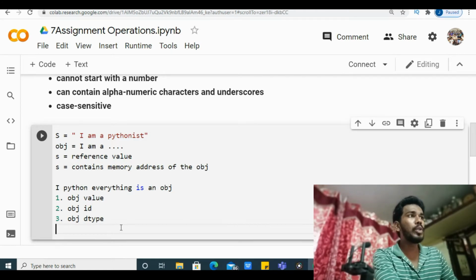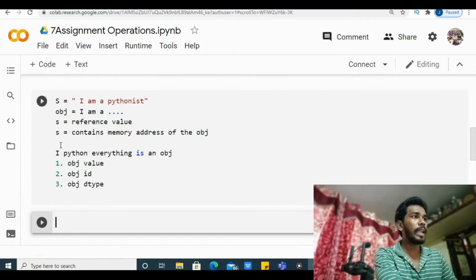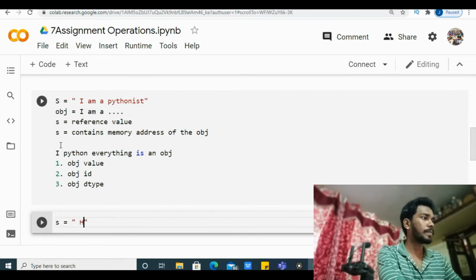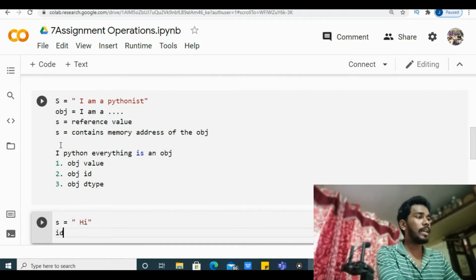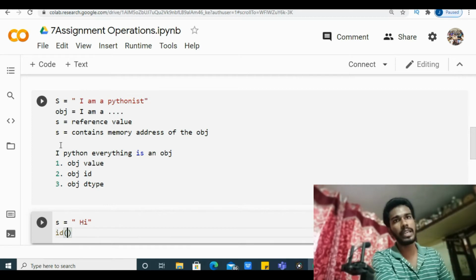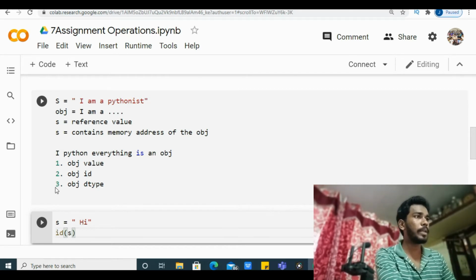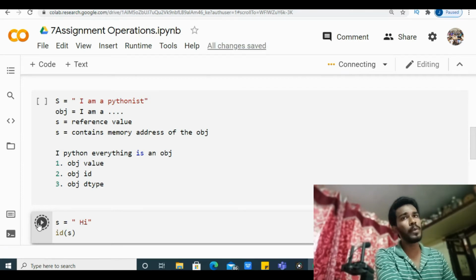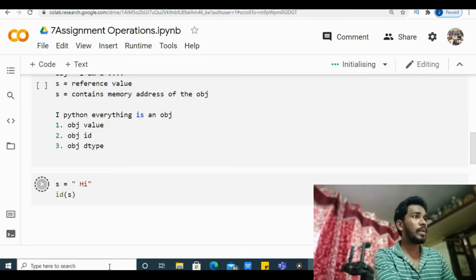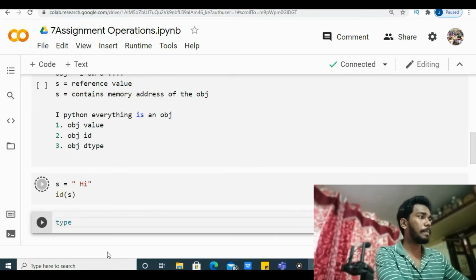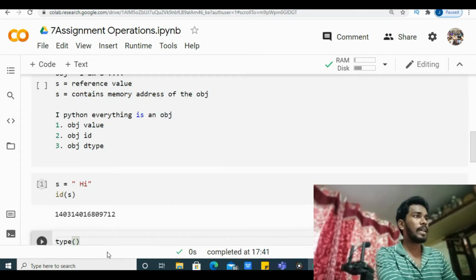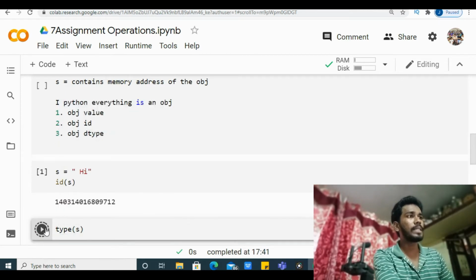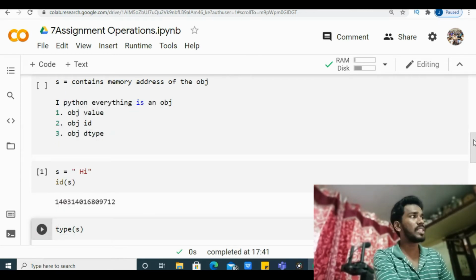To know the memory location of any variable, say s is equal to hi, just use the keyword id and pass that variable, and we will get the ID. Similarly, if you want to know the data type, it's even easier: use the keyword type, and the data type of the variable, which is a string, will be displayed.